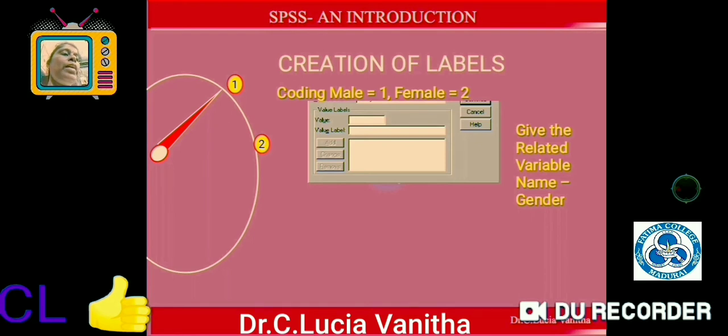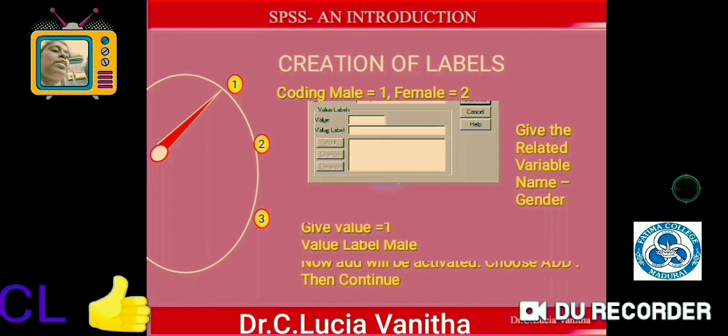Then this add will get activated. Give value 1, then value label male, and click add.